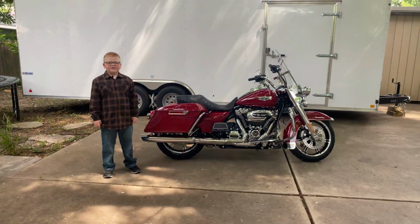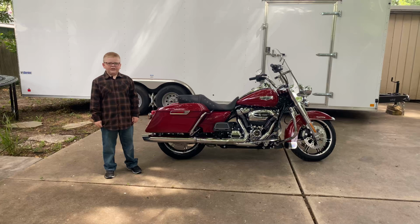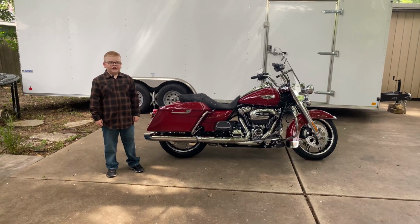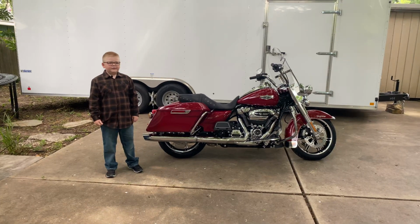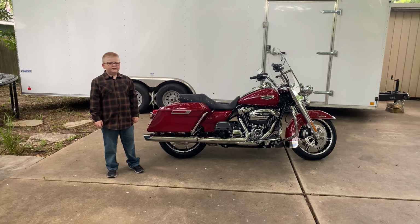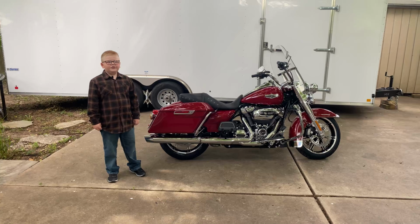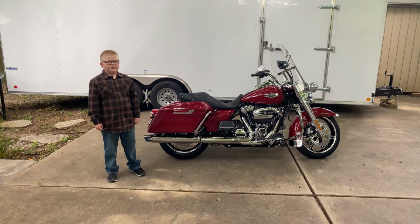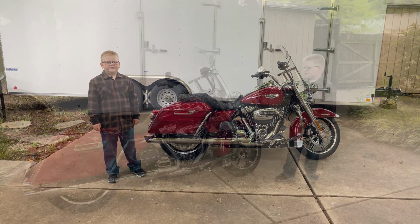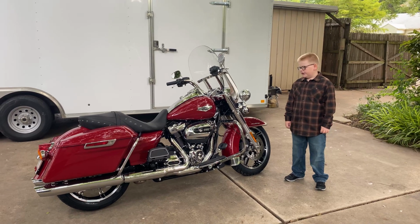In the last 6 months, I've gotten to learn what a Harley-Davidson motorcycle really is. I've been spending some time at Myers-Duren in Tulsa, Oklahoma, and have gotten to know some of the people there, and they were nice enough to let me check out my dream bike. So I'm going to walk you through it and tell you why I like it, and then we're going to go take a ride. So the reason I like the Road King over the Road King Special